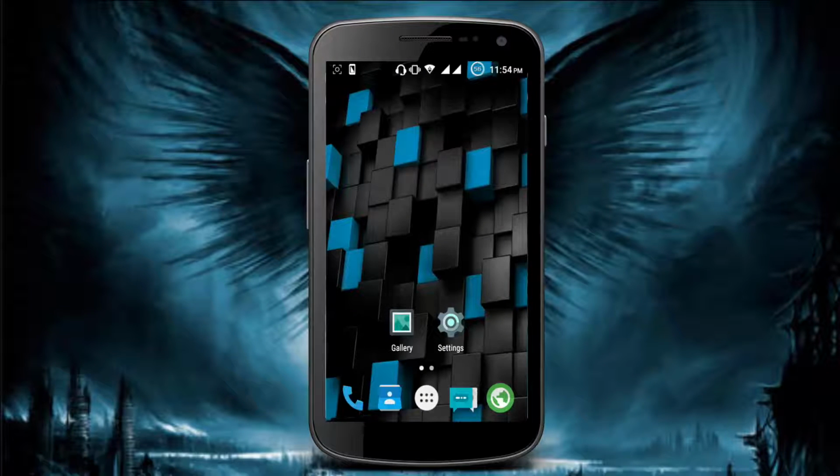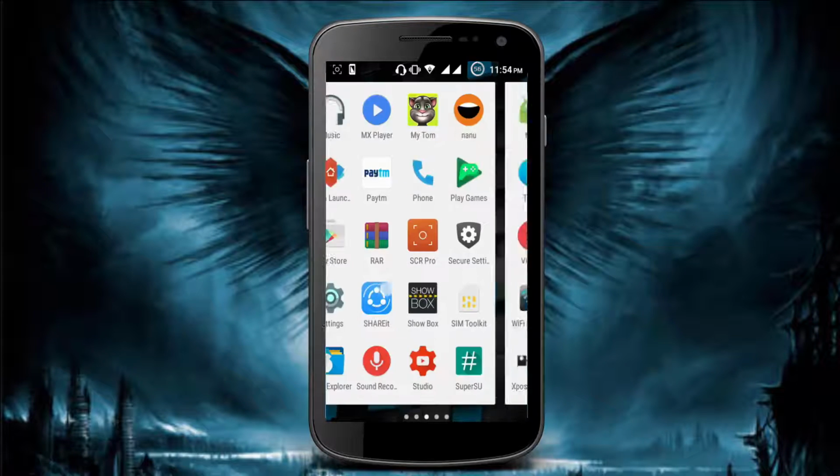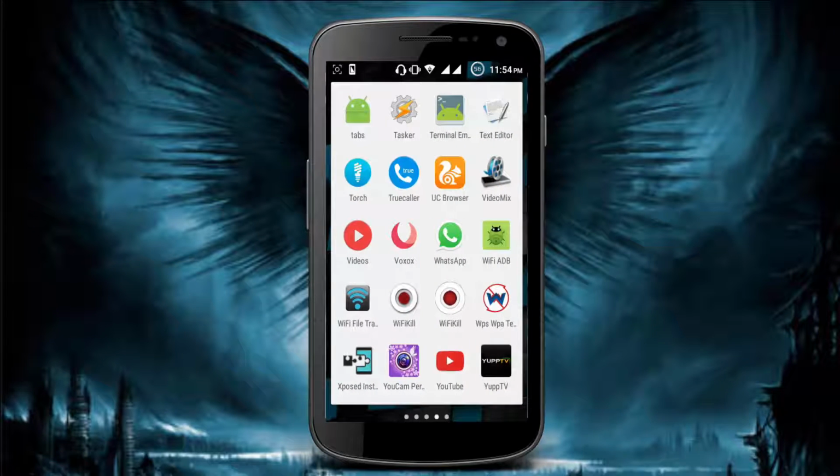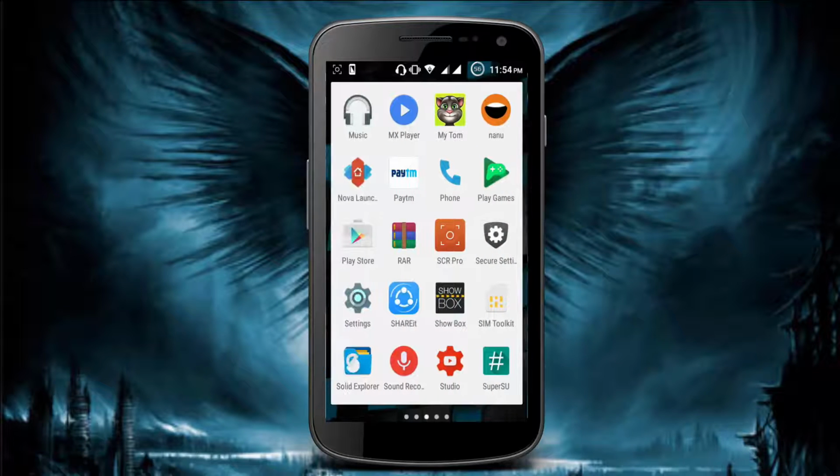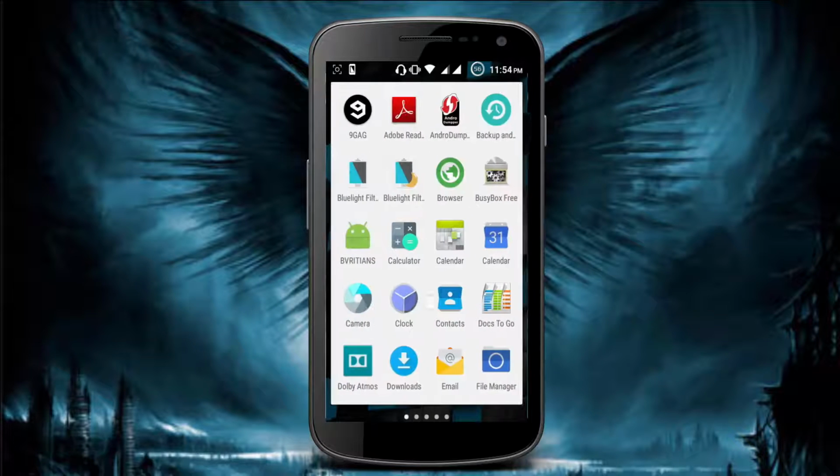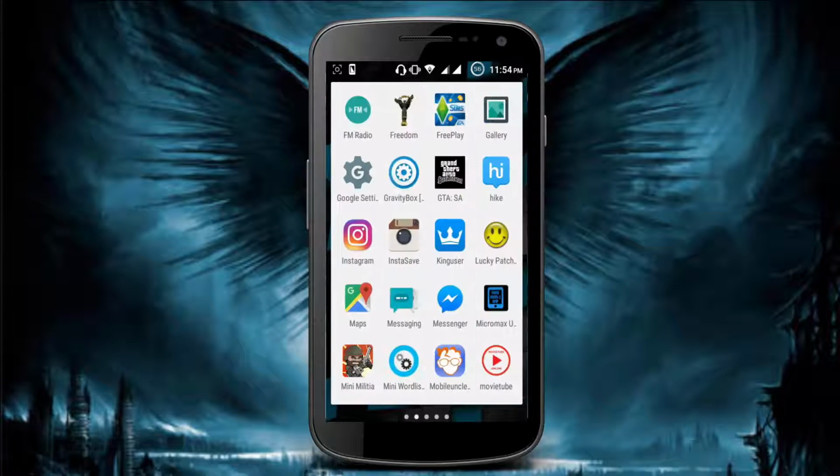Today we're gonna see how to hack in-app purchases in any Android app, considering it should be a non-server-sided app. Server-sided ones are much more complicated to hack; you need to hack the server for that. So we're gonna hack any non-server-sided app.